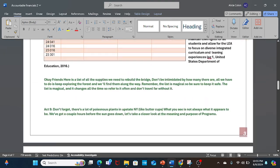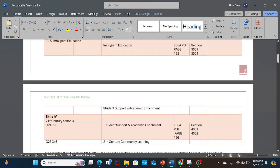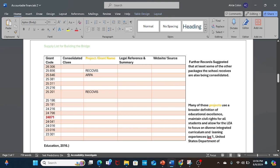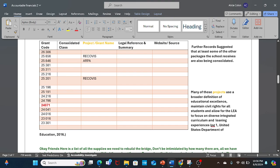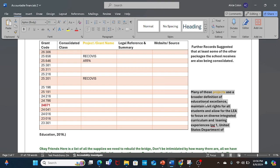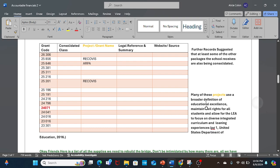Now, as a supply list for bridge building, this document identifies three different things. So we looked at this list with Recovis and ARPA funding. These are grants. These are new grant packages or grant packages that have not yet been identified. So you'll see on here it says many of these projects use a broad definition of educational excellence. They maintain civil rights for all students and allow the school agency to focus on diverse curriculum and learning experiences. So some of this money has been used for like our robotics courses and things of that nature. That is broad,